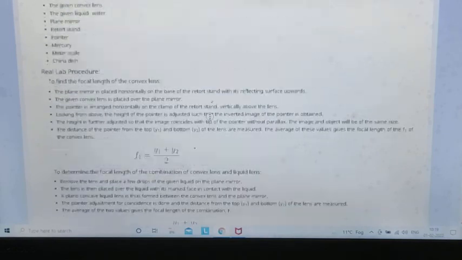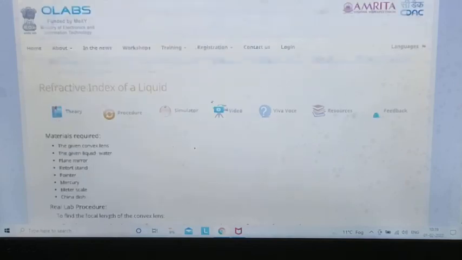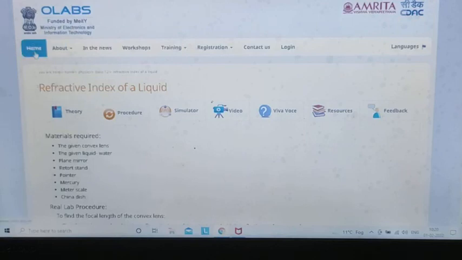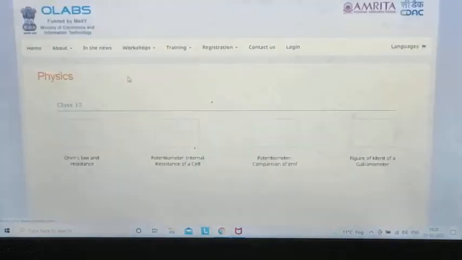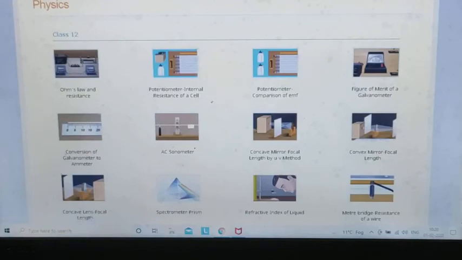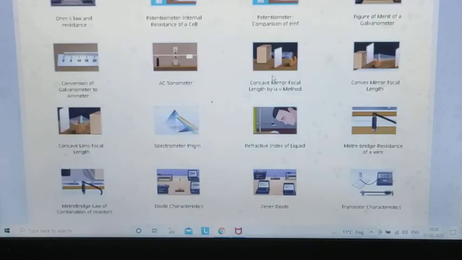So overall there are 3 experiments, students, that we have done up to now. In our next class we can perform some other experiments. If you go to the home section and then the physics section, you can see we still have a number of experiments, like concave mirror focal length by the UV method, and convex mirror focal length.